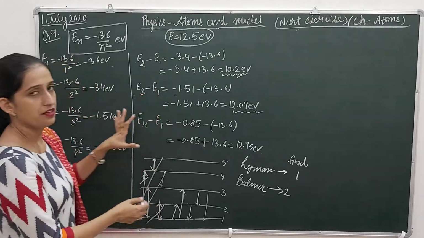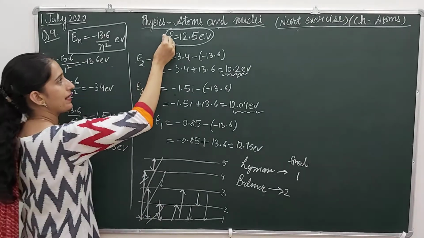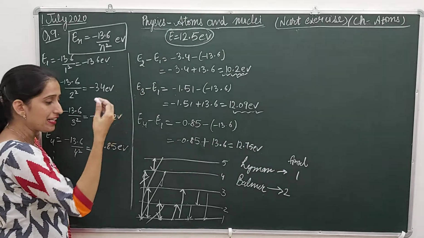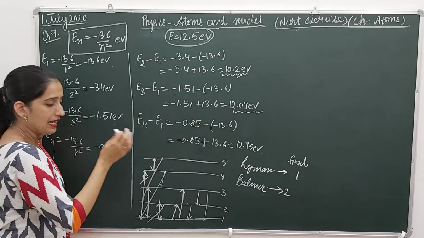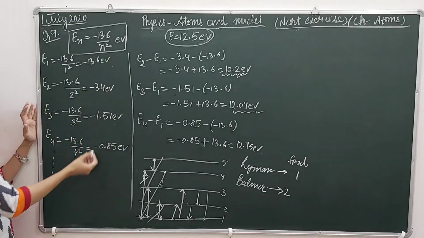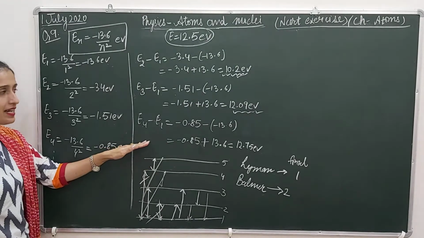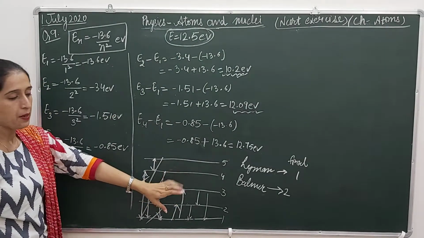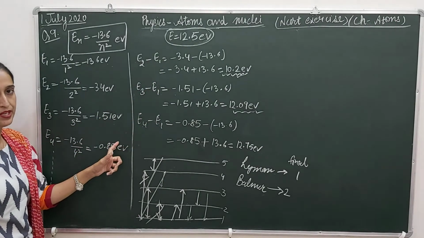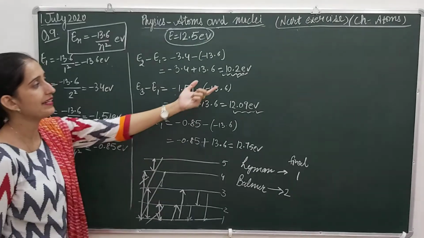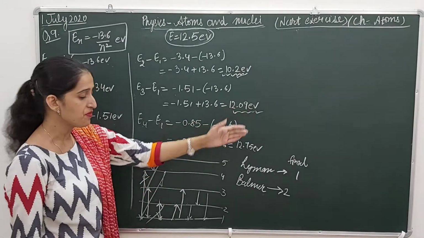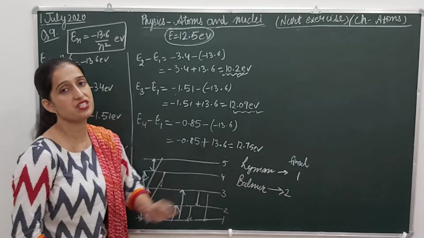Okay, so finally I am recapitulating the whole terms of this numerical. This is the energy the gas initially had, so this much energy it can use for the excitation of electrons. The electron may jump from the first level to the second, third, fourth and so on. This much is about the energy of the various levels, and this one is about the gaps between the first and second level, between the first and third level, between the first and fourth level. So to jump from the first to the second level, it needs this much energy. To jump from the first to the third level, it needs this much energy. To jump from the first to the fourth level, it needs just this much energy.